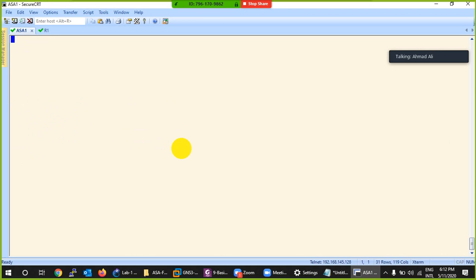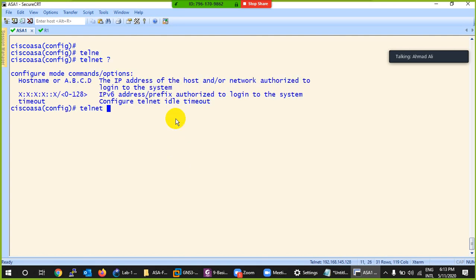Anyway, now coming to our topic: how we can configure Telnet on Cisco ASA, which is totally different from a Cisco router. I just showed you the router so that you get an idea. Here there is no such thing as going to line VTY. Here you type telnet directly. Sorry, go to configuration mode, you have to be in configuration mode. Okay, I'm in Cisco ASA, type telnet, question mark. It's asking me for the IP address that is authorized to access